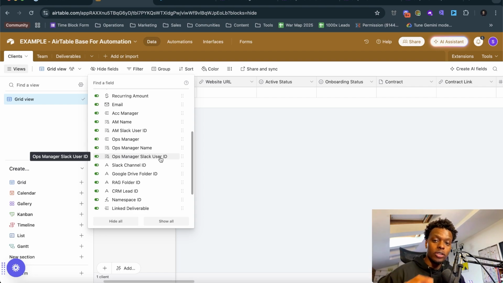This is where I'm going to focus the rest of this video, simply because this is the thing that matters when it comes to the automations that you're going to make with the AI agents that you're currently using. We have a few IDs: Slack user ID, Slack channel ID, Google Drive folder ID, RAG folder ID, which is another Google Drive folder, CRM